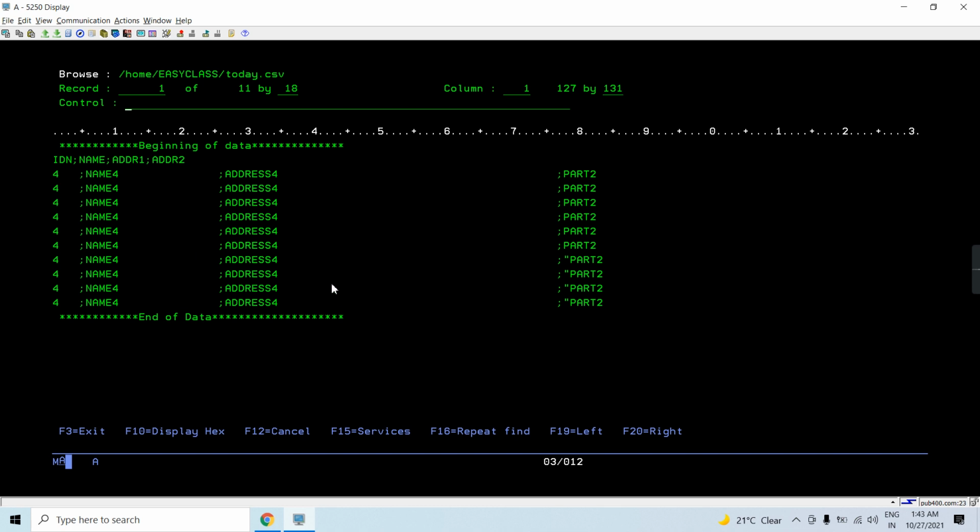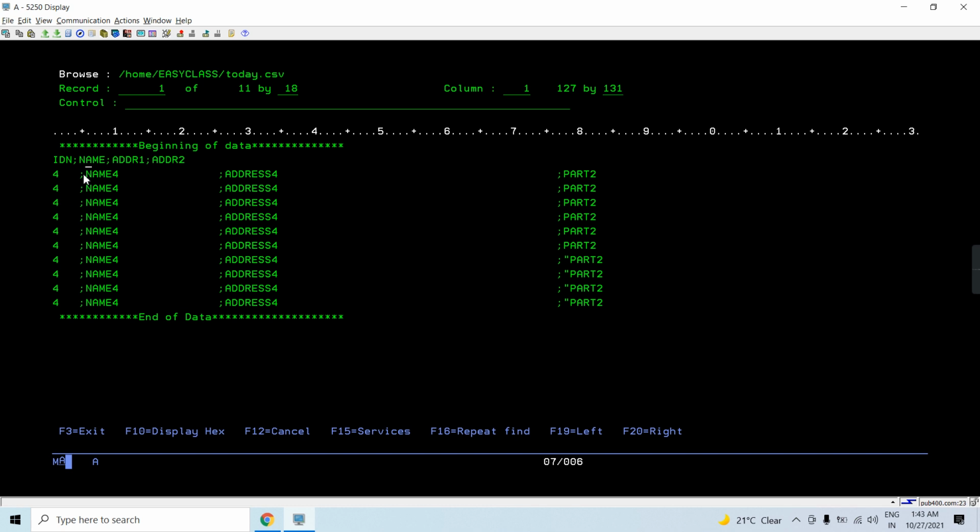That is the data in tabular format, just like the Excel format. This CSV has fields which are separated by some delimiter character, like comma or anything else like semicolon.